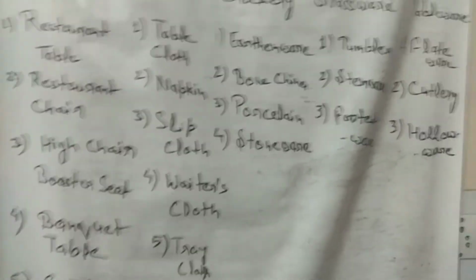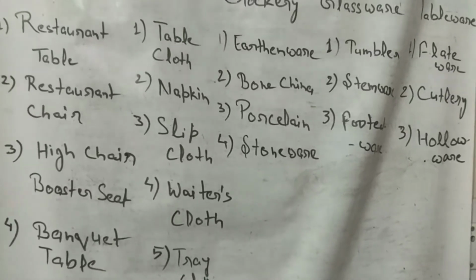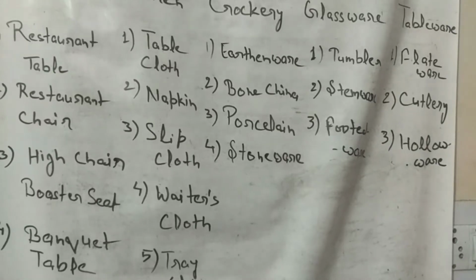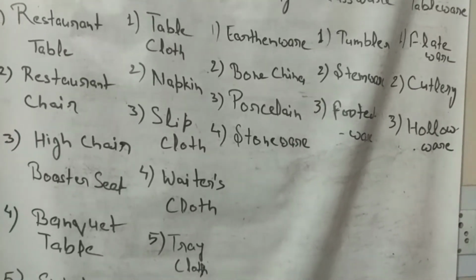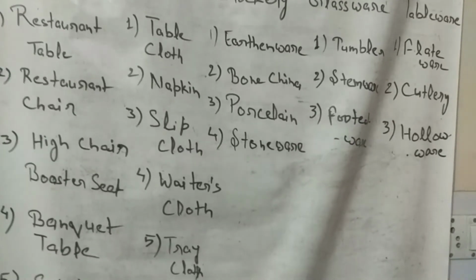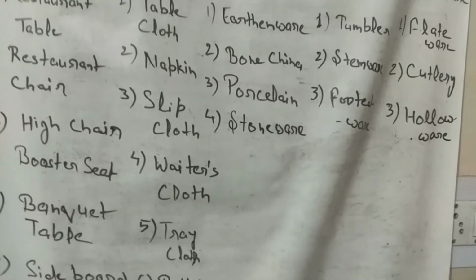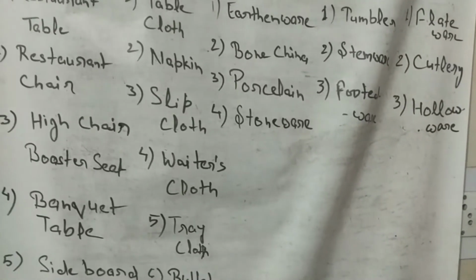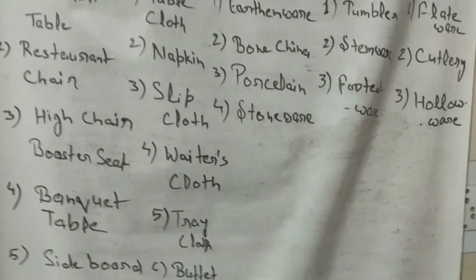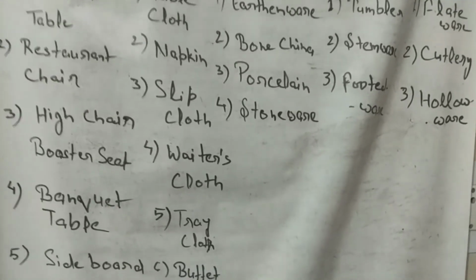Bone china is strong and translucent. It looks beautiful and is very expensive. Nowadays, manufacturers have introduced crockery which has qualities of bone china but is less expensive. Such crockery are available under a variety of trade names such as Vitrex, Vitroc, Stelite and so on.